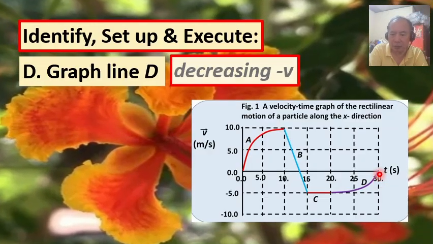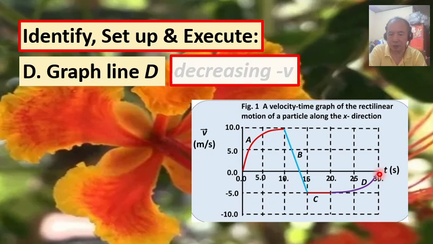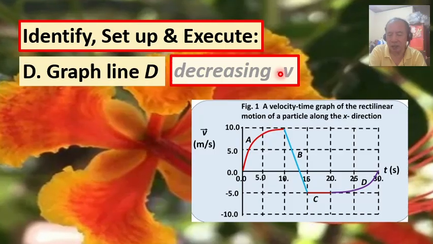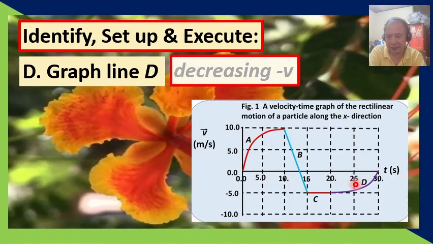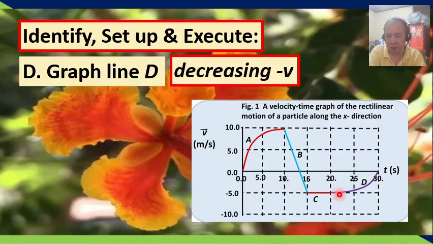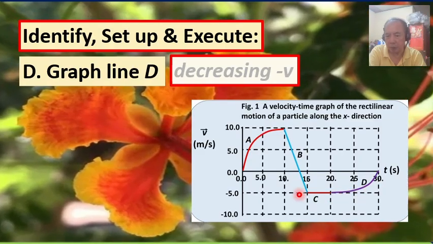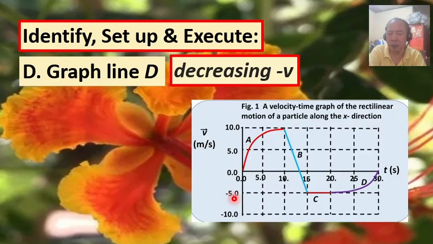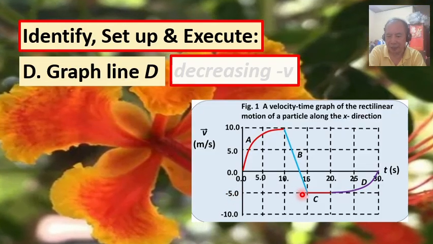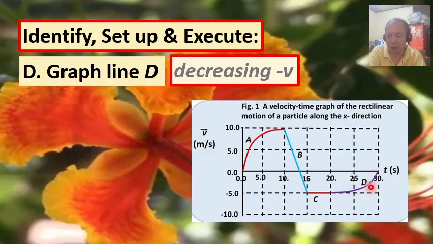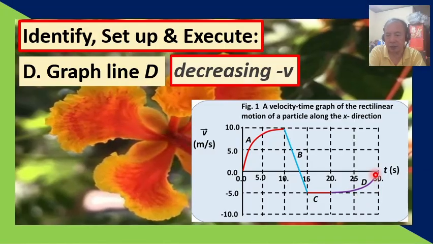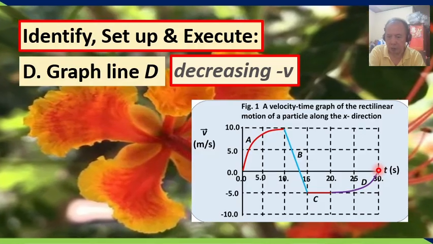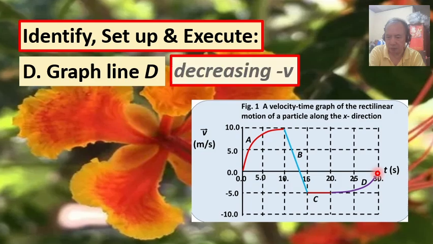So as far as the magnitude of the velocity is concerned, we say that the magnitude of the velocity is decreasing. In short, the body in fact is slowing down from a speed or magnitude of the velocity of 5.0 meter per second, right? It's becoming slower until it approaches zero velocity or zero speed, right?